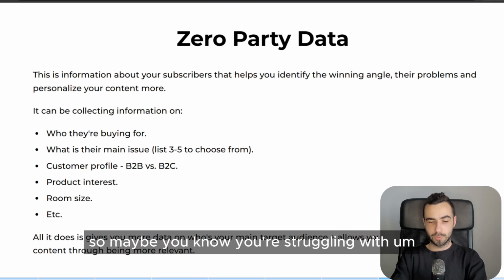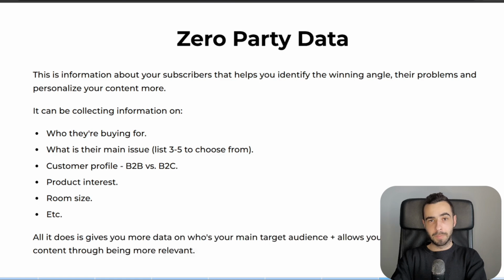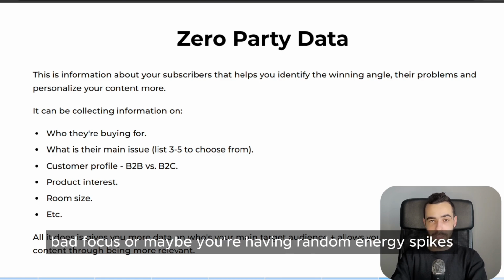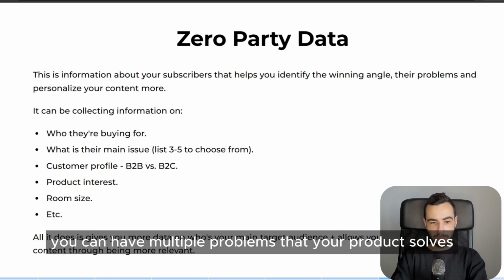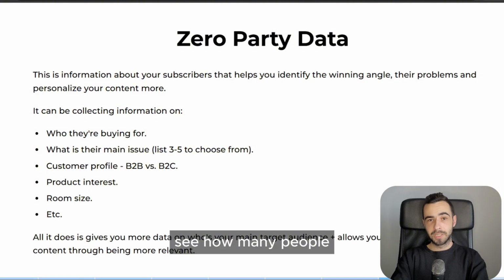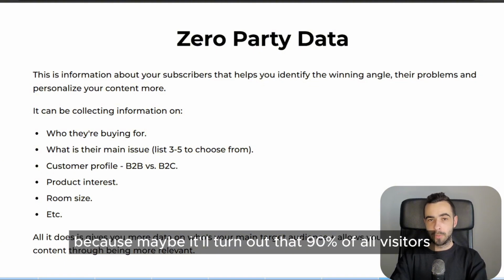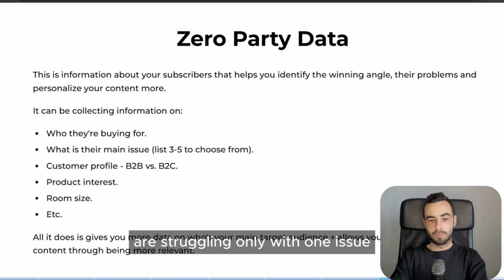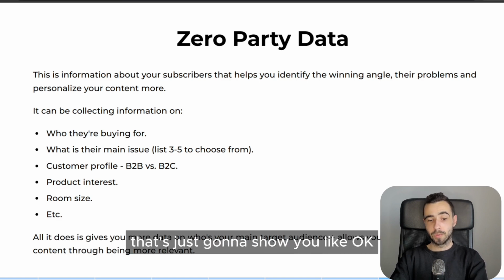So maybe you're struggling with anxiety, maybe insomnia, maybe you're having bad focus, or maybe you're having random energy spikes, and then you're tired for the rest of the day. You can have multiple problems that your product solves, and then based on that, you can first of all see how many people or how much of the traffic is actually having one specific issue, because maybe it'll turn out that 90% of all visitors are struggling only with one issue, where you have been trying to promote something else instead. That's just gonna show you, okay, maybe I need to make a pivot and focus only on this